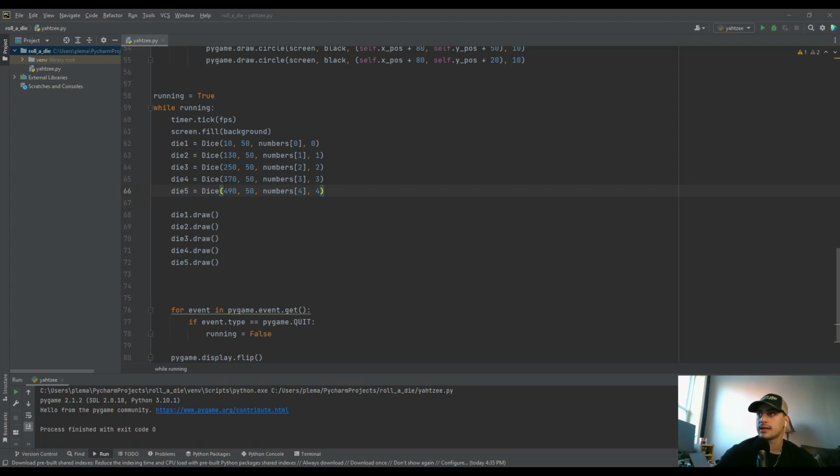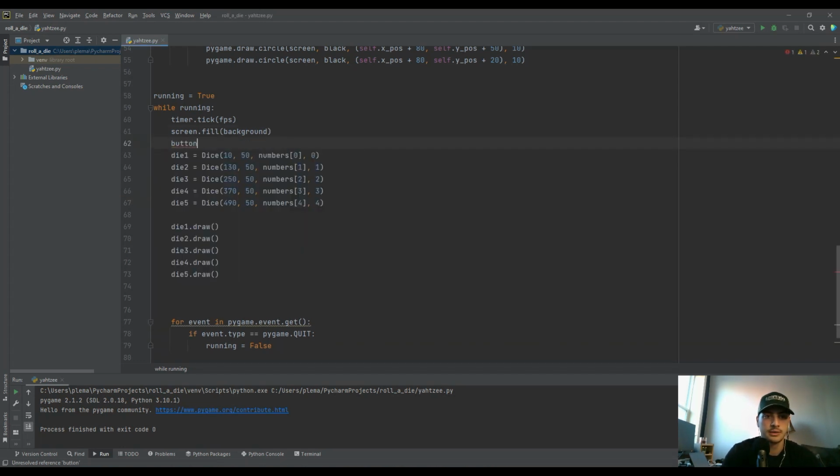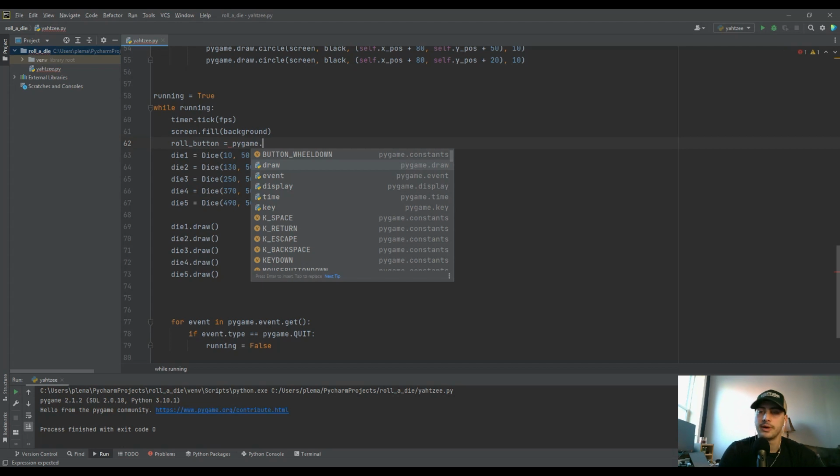Let's just go ahead and, above the dice, say button. Now let's call it roll button. That's another thing. I just like to use descriptive variable names, but they can be a little bit longer. So if you're the sort of person who just has to be efficient and use as few letters as possible, you could literally just call that R if you wanted. But I'm going to say roll button,